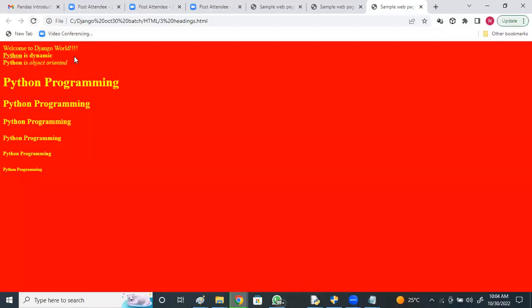It will appear in the center. Python programming, can you see here? Yes, Python programming is appearing in the center.